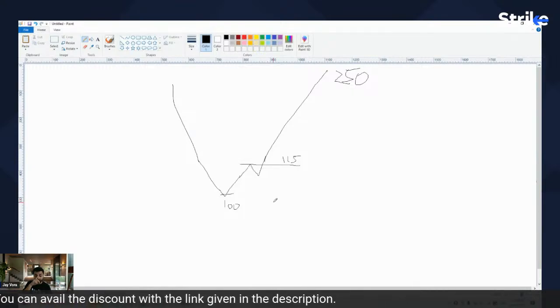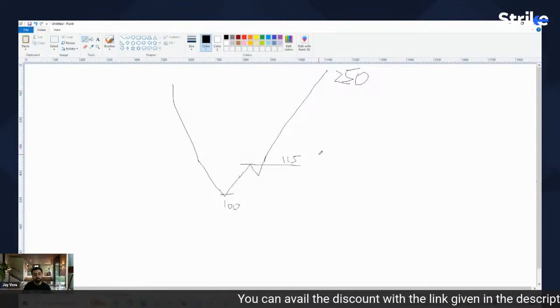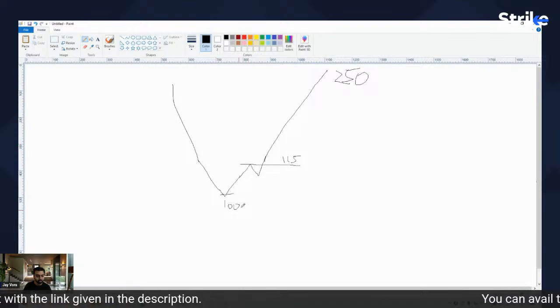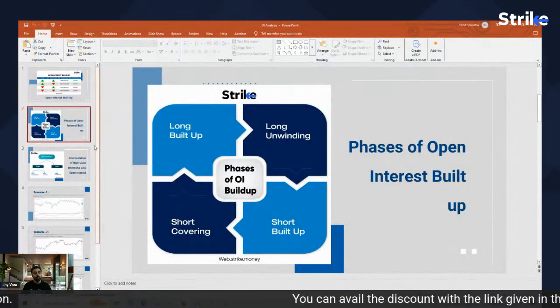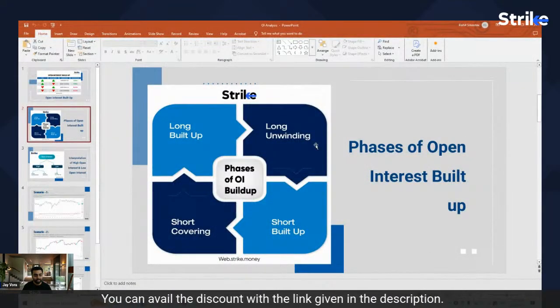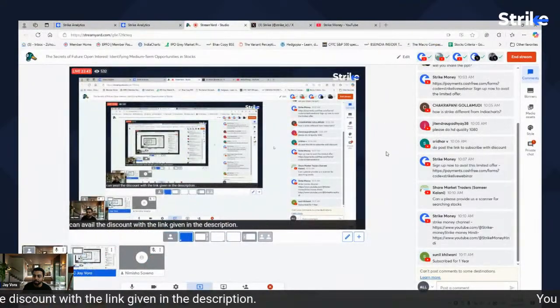So that is why I mentioned that open interest is not only for futures traders or options traders, but this is also helpful for medium to long term investing, because when these reversals come, these are not short term reversals, these are meaningful medium term reversals, and I'll show you with those examples as well, okay? So I hope you understood the second part. If there is any question, I will probably take it up.